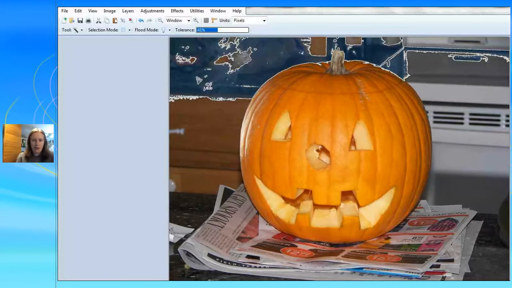And I don't have my mouse, so it's a little bit more challenging, but we'll still be able to do a really good job. So what you're going to do, once you get to a good tolerance,